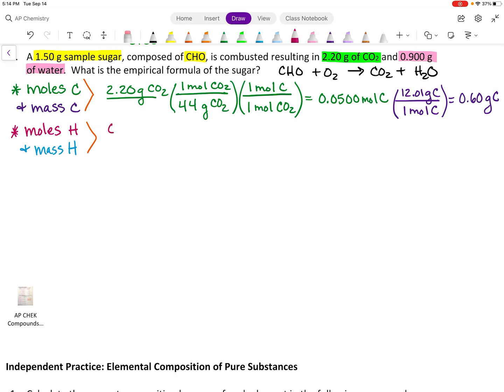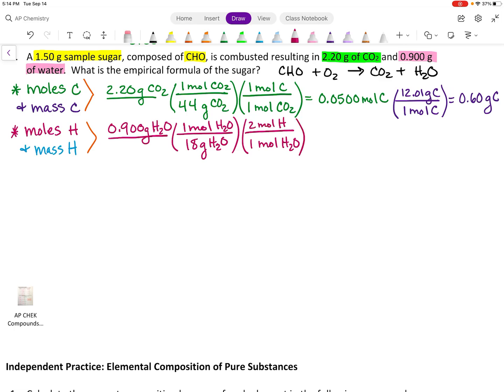All right, let's start off with our 0.900 grams of H2O given in the prompt. It's 18 grams of water for every mole, so that's our molar mass. For every 1 mole of water, there are 2 hydrogens in a molecule or a mole of water. So we want to do 2 moles of H. All right, so that gives us 0.1